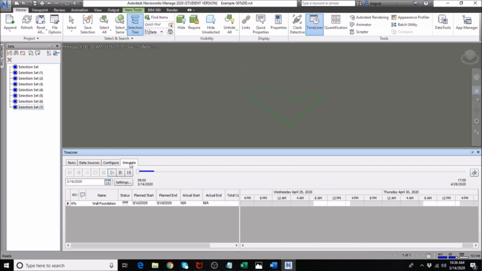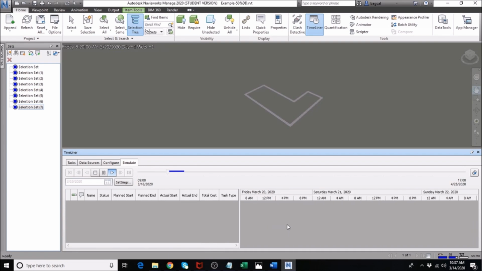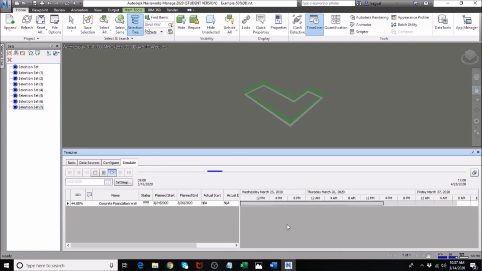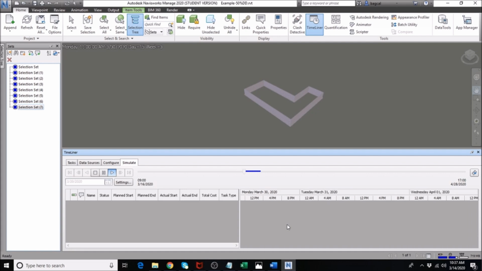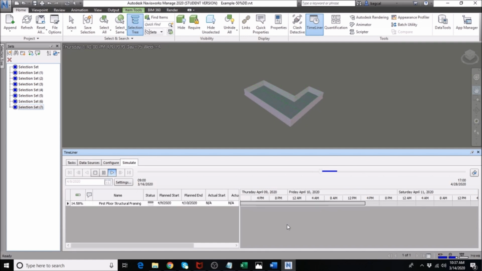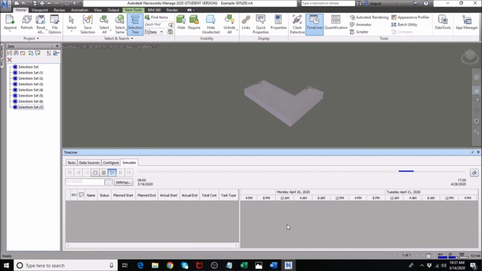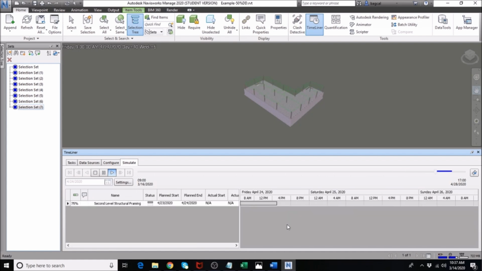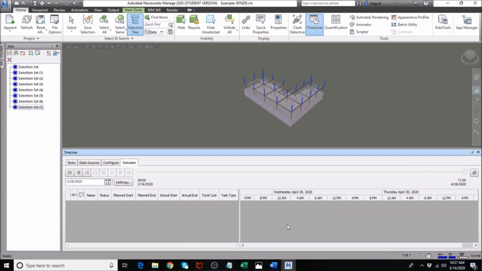So what I'm going to do here is just probably to show you a portion on how to create this scheduling. So it's very basic. This step is very straightforward. Alright, let me go ahead and play this one here to see if my sequence, again, it will show you if the sequence is wrong as you watch the video as the building is being built virtually. There you go. And then slab, and then of course the column, and then we have the framing, and then we have those